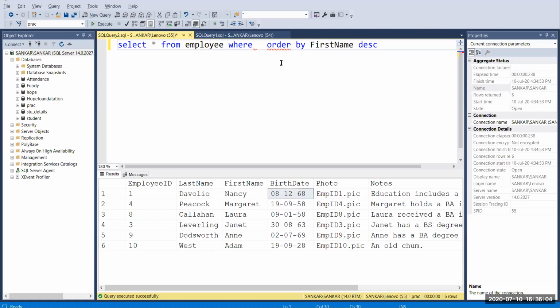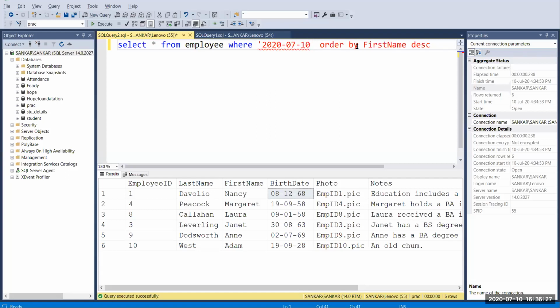You have to give the year, then a hyphen, then the month, and after that you pass the date. This is the format of dates in SQL.